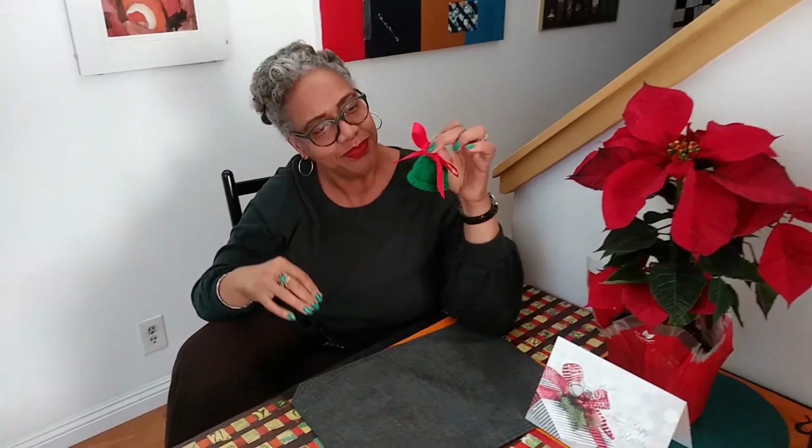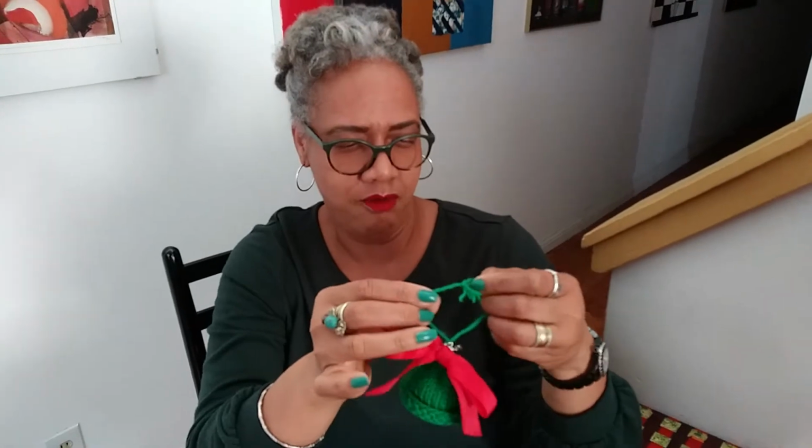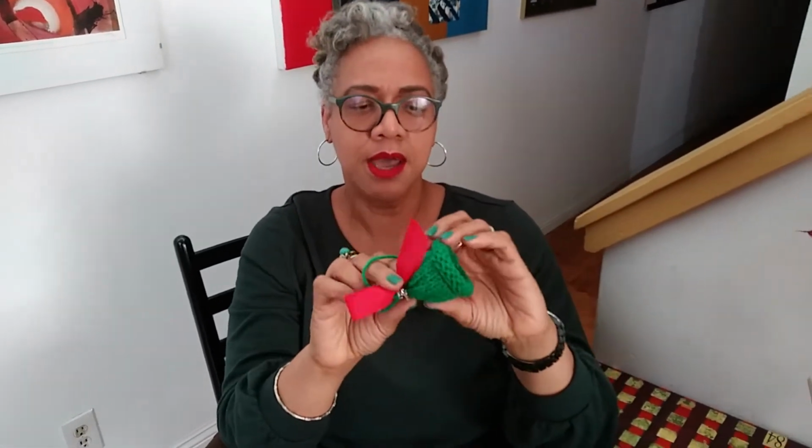Y hoy quiero enseñarles cómo hice esta campana. Today I'm going to show you how I made this bell. And you're going to need a size 4 medium weight yarn, a bell. Van a necesitar una lana de un grosor medio, una campana,